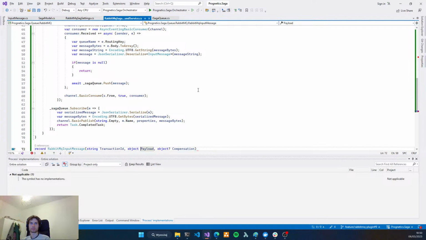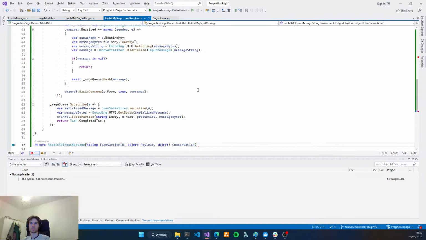Yes, we can keep payload as nullable, and let's serialize into RabbitMQ input message.